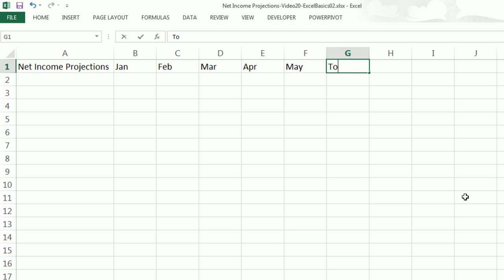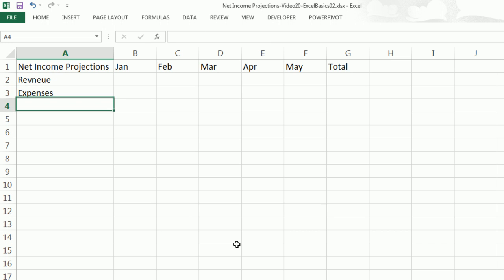In G1, we'll type total. Enter. Now I'm going to come all the way back over here and in cell A2 type revenue. Enter. Expenses. Enter. Net income. Enter, enter. In cell A6 I'm going to type